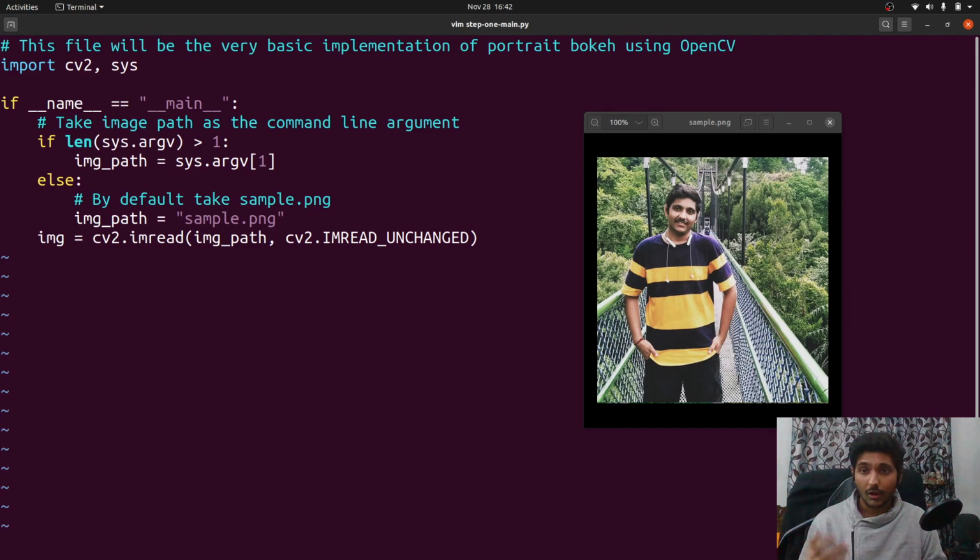Okay. What if the image is not read properly? There can be so many errors, right? The image might be corrupt. There can be something wrong with the header files and all. So what I'm going to do is I'm going to put an if condition. If image is None, then you print some statement and exit. So that if the image is not read properly, if the path was wrong or anything, the program should exit.